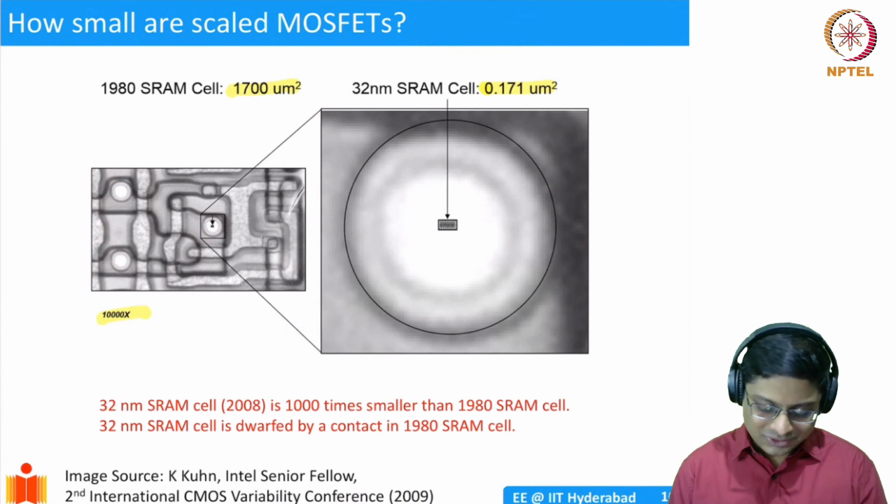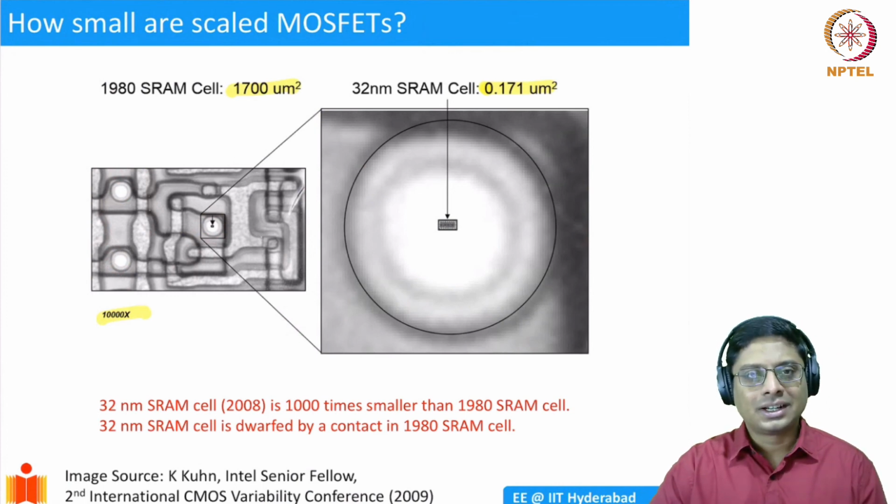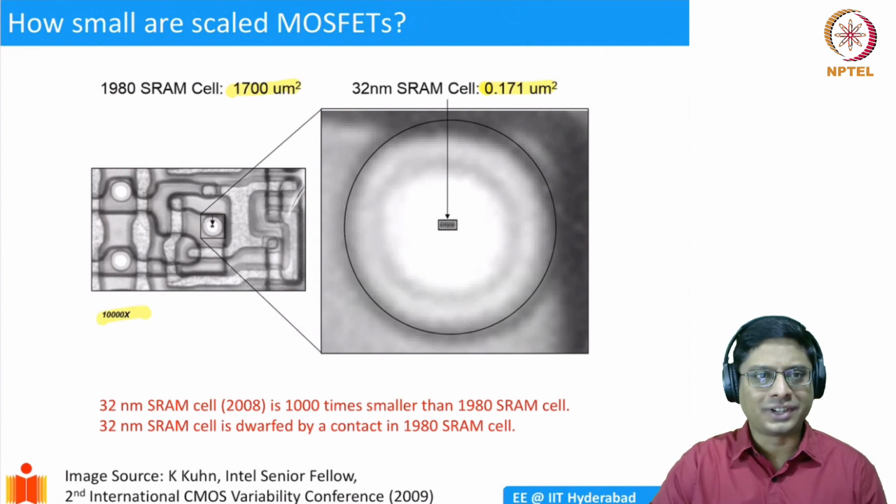With that, I'll stop this discussion. In the next lecture, I'll describe scaled MOSFETs. So we understand now what scaling means, what it looks like, and all that. What is the current characteristic of a scaled MOSFET? I'll discuss that in the next lecture. And finally, I'll discuss some things called short channel effects. Maybe the discussion will go to half an hour to 45 minutes. After that, the last lecture in the MOSFET series will be the latest MOSFETs.